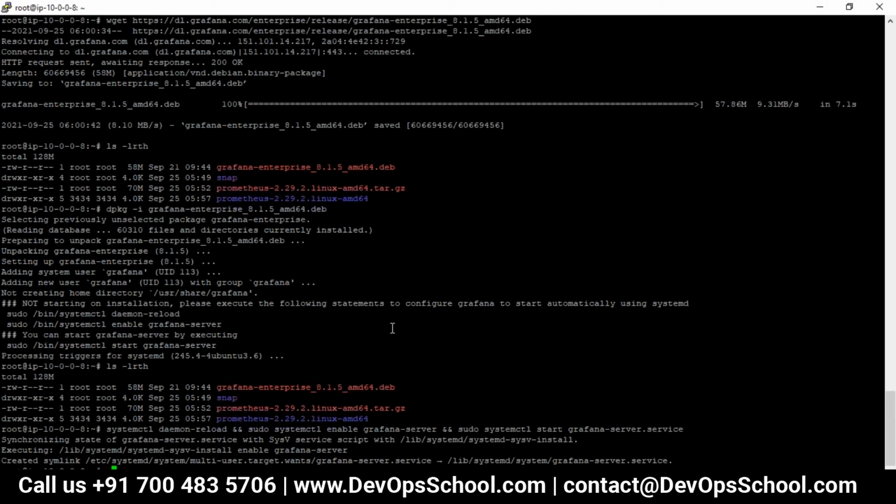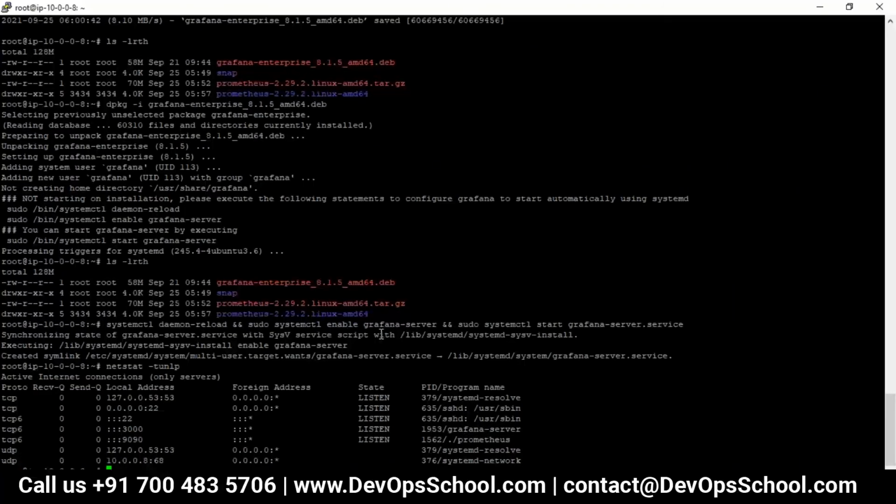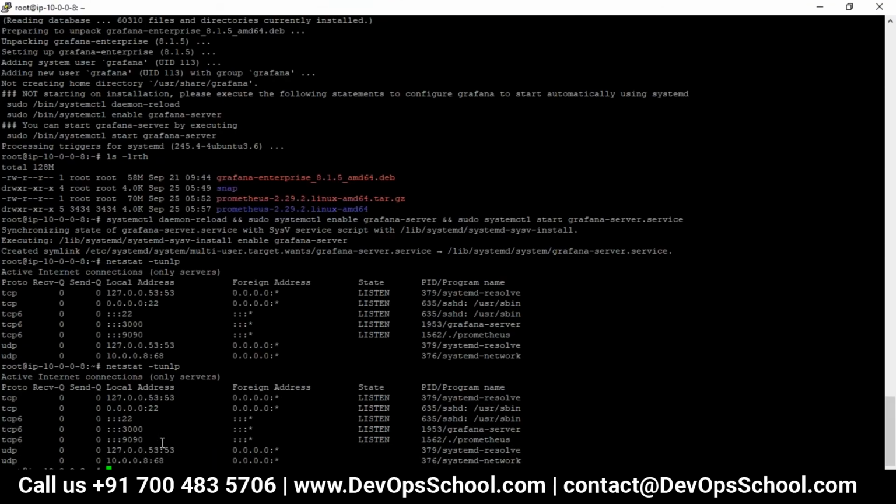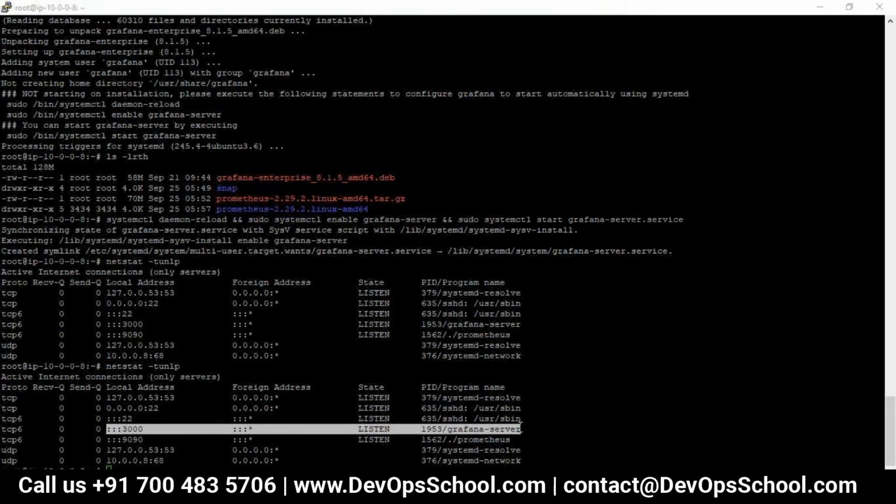Now if I check, can you see port number 3000? It is Grafana. Earlier we used to start Prometheus or node exporter by killing the process.